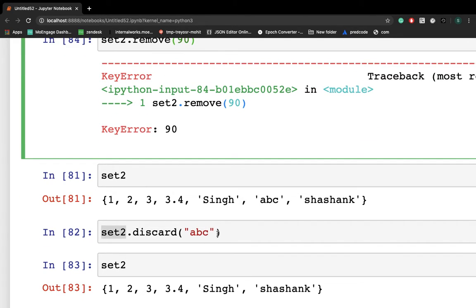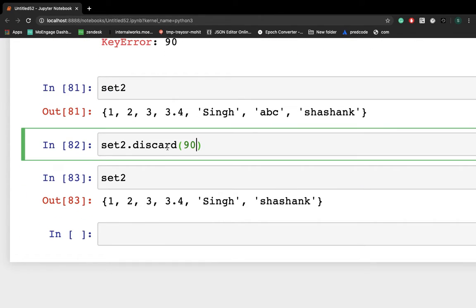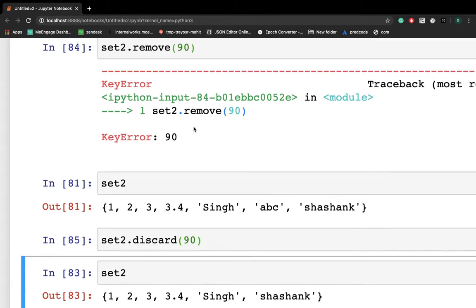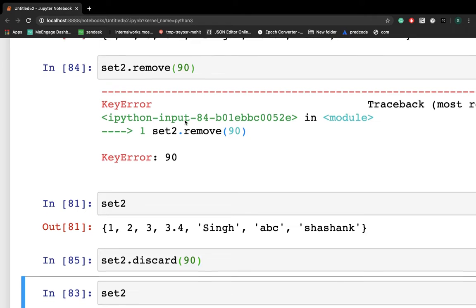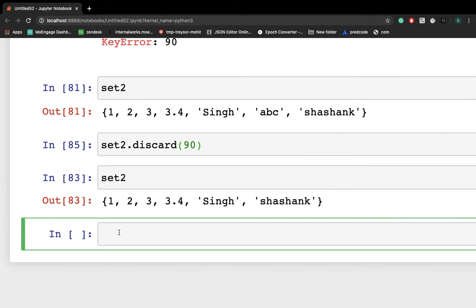But if you put 90 in discard, because in set2 90 is not there, discard won't throw an error. So this is the difference between remove and discard. Remove will throw an error if the element is not present in a set. Discard won't throw an error. Post execution you will not get any error.